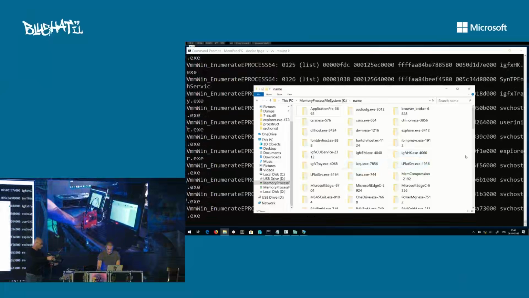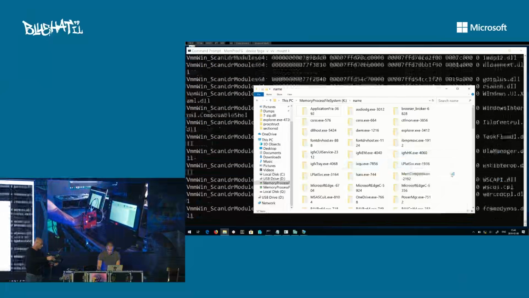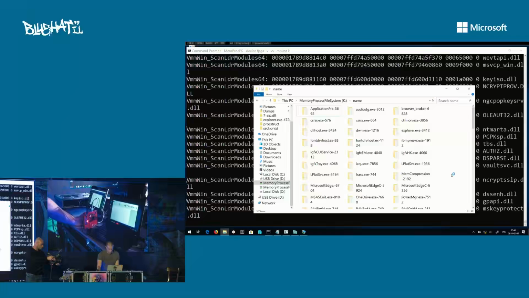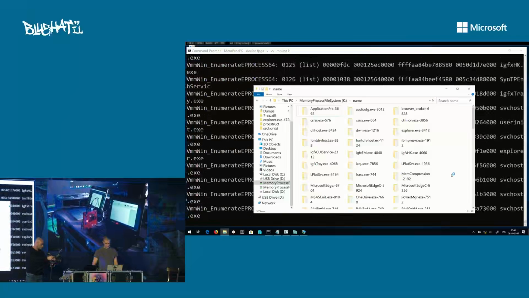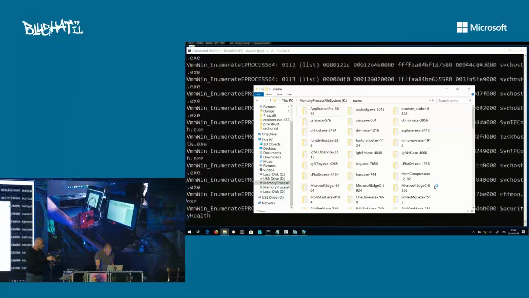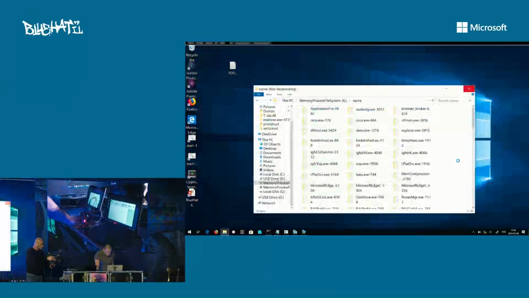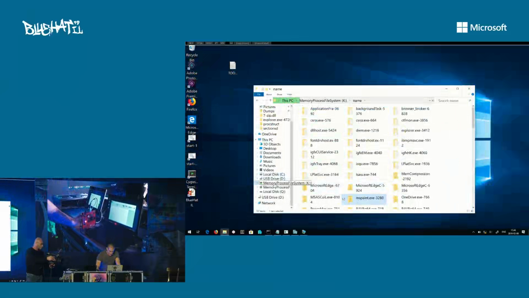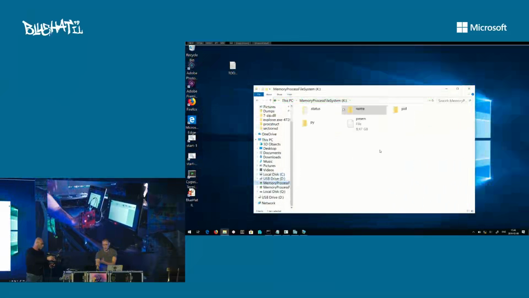And it started, and let's see if we can do a refresh here, if it appears. Yes, and it appears here. So we are doing background process refreshes, and everything that is changed in the system is auto-reflected in this file